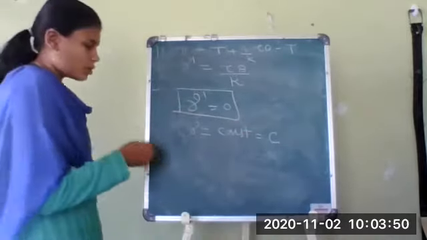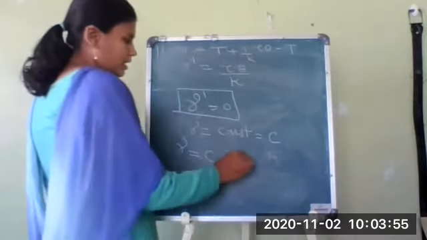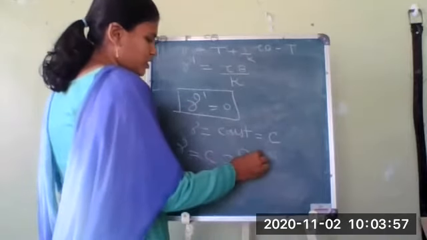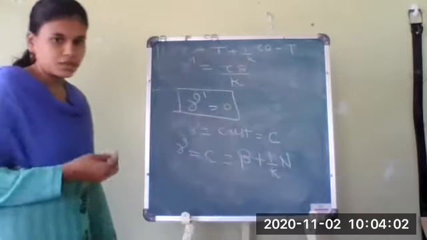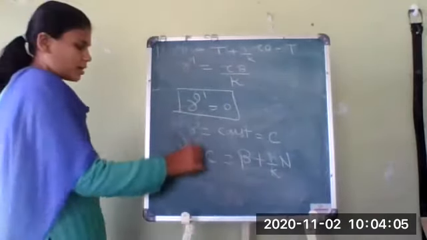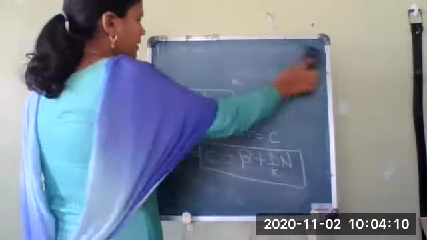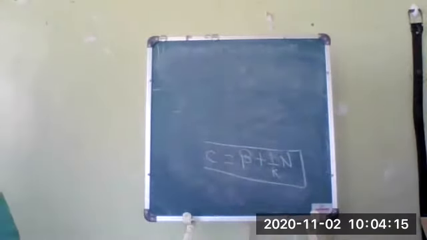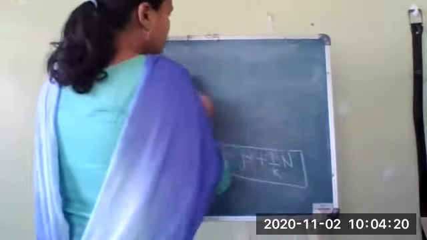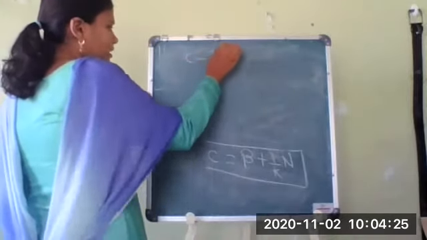Now let us go to our equation. What was our equation? Gamma is equal to, now we have got it as c. So what was the construction of the equation we have obtained? Beta plus 1 upon k into n. This was our assumption. So instead of gamma, now we can write c is equal to beta plus 1 upon k into n. Now what we have to do, this will be c minus beta.